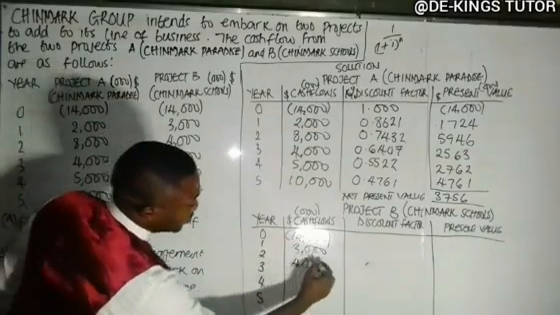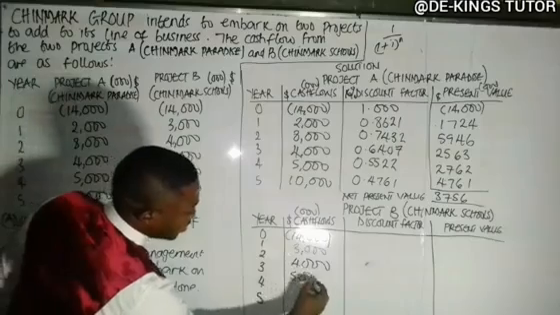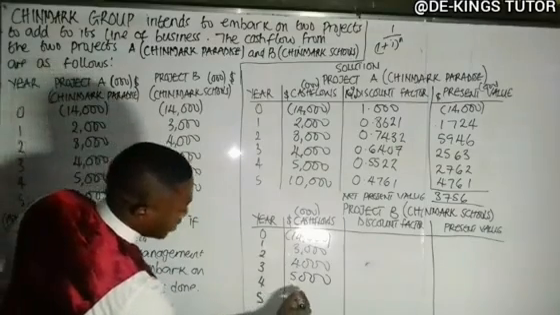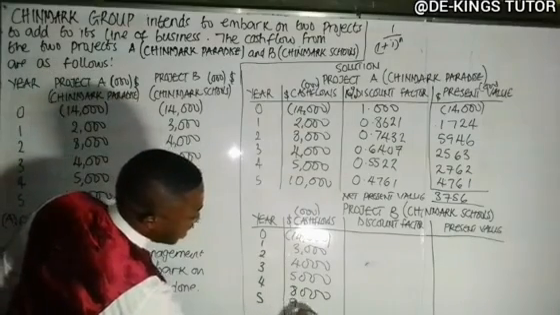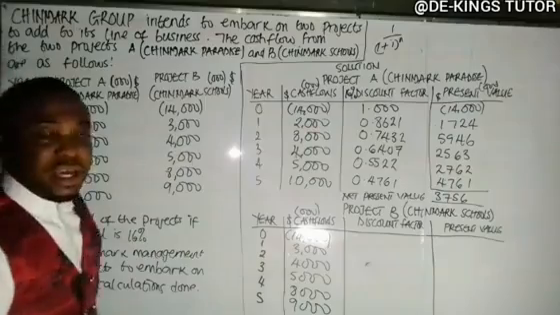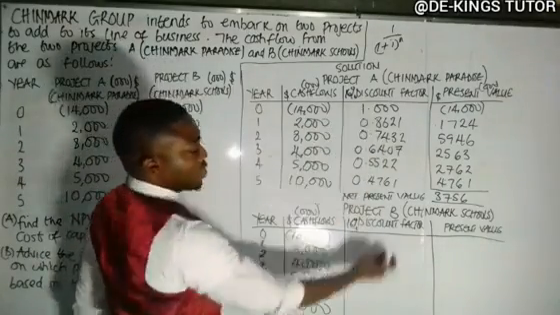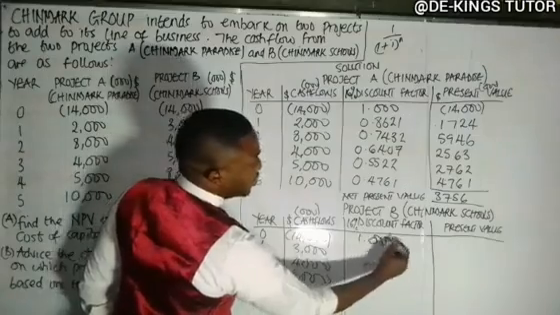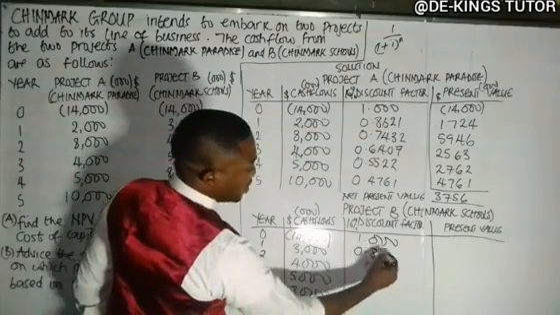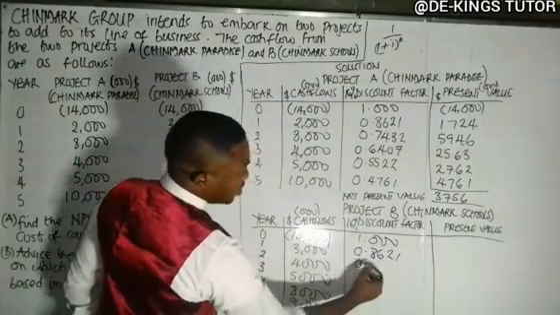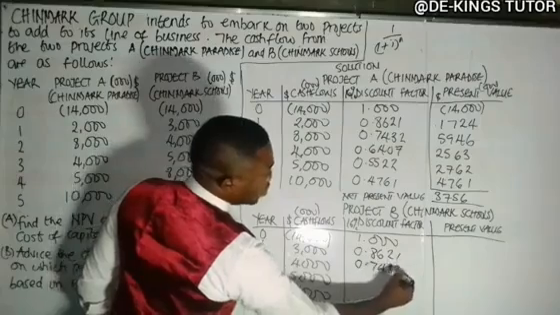4,000, 5,000, 8,000, and 9,000. Okay? Now the discount factor is the same, since they say 16%, so we'll just write it out. It's 1.00, it's 0.8621, it's 0.7432, it's